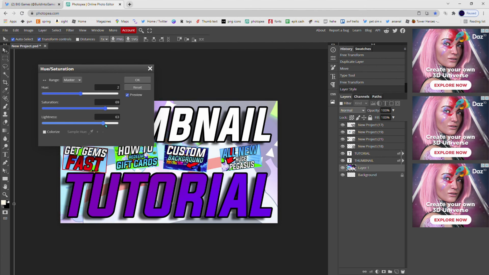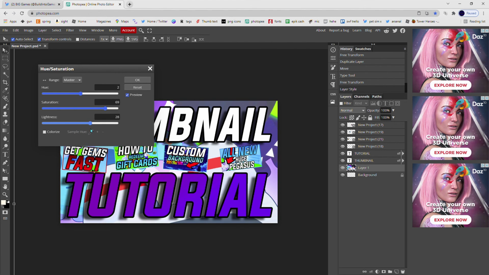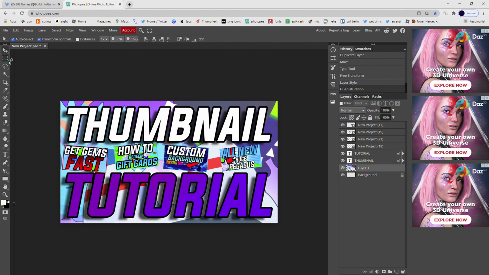So we'll do that. And then lightness is just how white it is, and you can make it look really cool with that as well. But then you can click OK, and then the last final effect will be by clicking on this rectangle here, and we click no fill, and you could do either this one or this one, it doesn't matter, you'll get the same result. And then you click out of that, and then you want to go to the edge here,